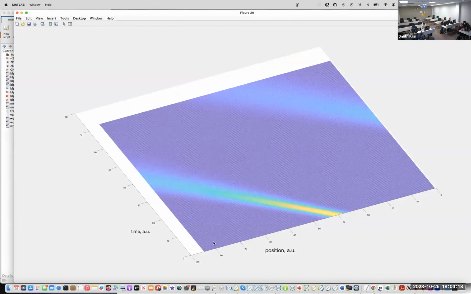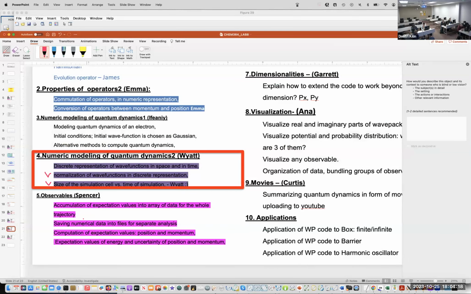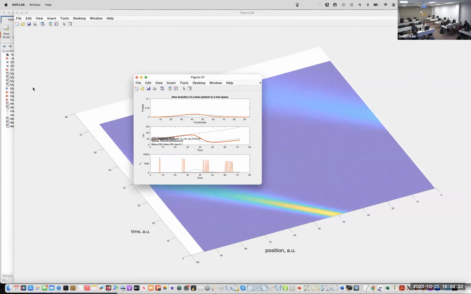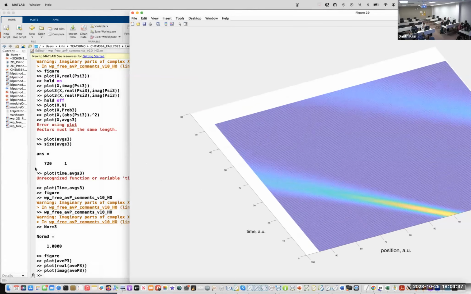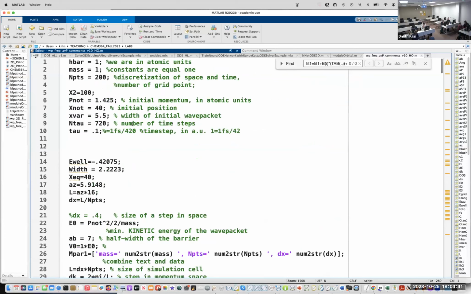Okay, I already don't remember why I'm telling this, but normalization of wave function in discrete representation. Now, discrete representation of wave functions in space and in time. Well, I think that this is the main idea of the whole code, that we start at the very beginning with discretization.